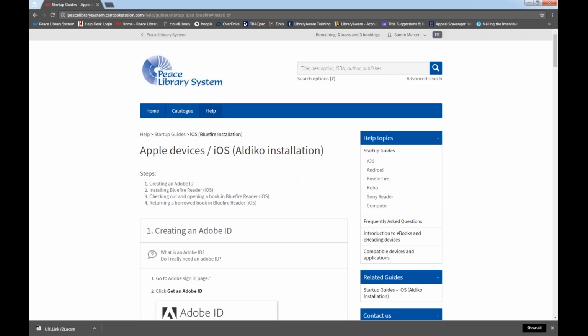Simultaneous borrowing of up to 50 copies. So if 50 people want to borrow the same book at the same time, that's great, you can all do that. But once those 50 copies are borrowed and downloaded, their borrow button will change to hold, and it will be up to PLSB to purchase more copies of that. You need to have an Adobe ID set up